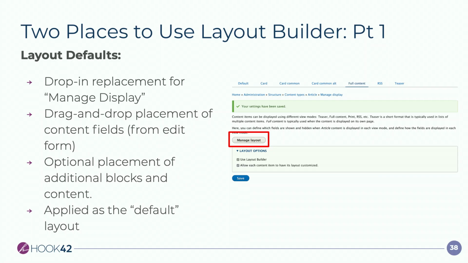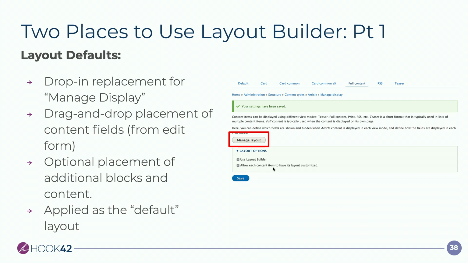The one is that we can set layout defaults, and those are done just like Manage Display was for content types. So you go and you say, this is what all of my content is going to look like. When you click this Manage Layout button, you're saying, by default, all of the content of this type is going to use this layout. And then we have this little button that's hard to read here, but it says